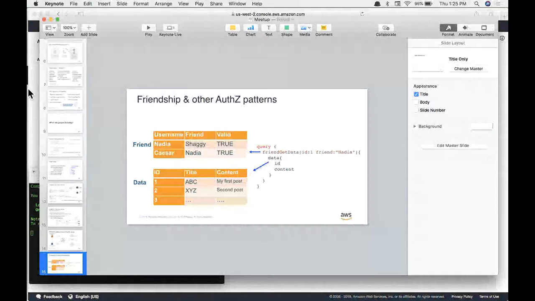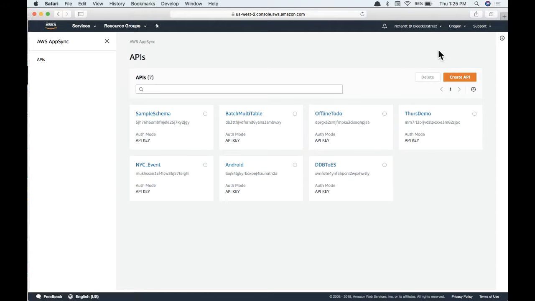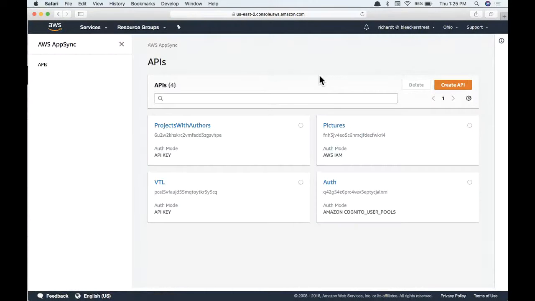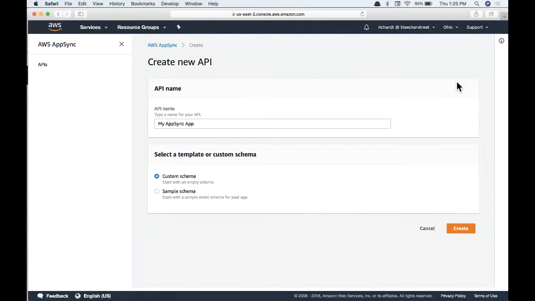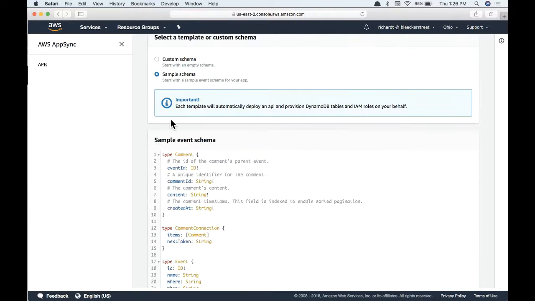So I'm going to actually jump into a demo here, just because I don't want to go too long on presentations and stuff like that. So let me actually switch over to another region. You can see all the ones that we have listed here. And let me show you a little bit of a getting started demo. So you can start a couple of different ways. I'll do Thursday demo. One way that most people get started if they've never used GraphQL before is you can start with